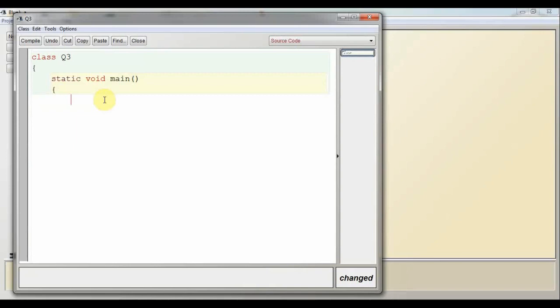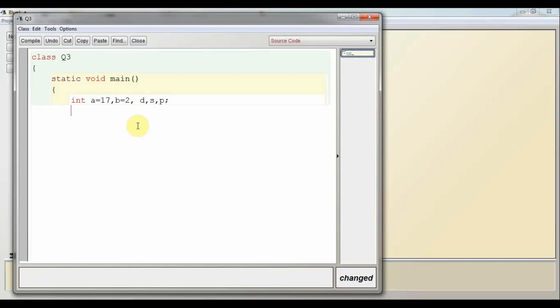Now we will define 5 variables. First for assigning 17 and second for assigning 2. So int a equal to 17. Here I am defining variable a and assigning 17. b equal to 2. Here I am defining new variable b and giving the value 2. Now d is used for difference, s is used for sum and p is used for product. So here I am defining 5 variables: a, b, d, s, p.